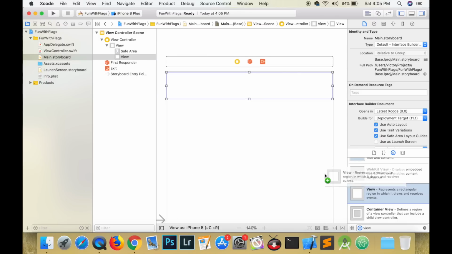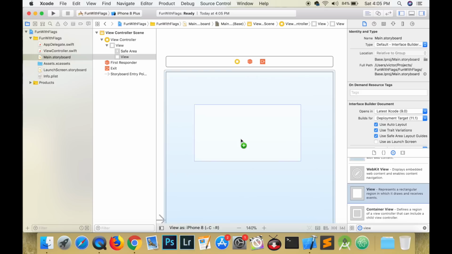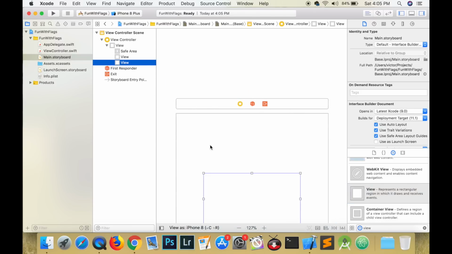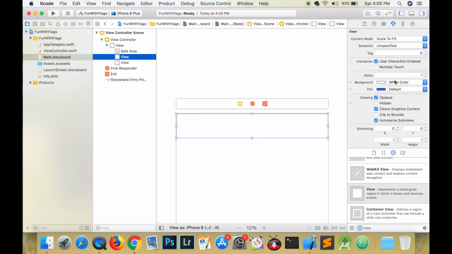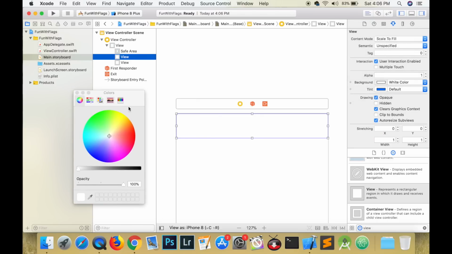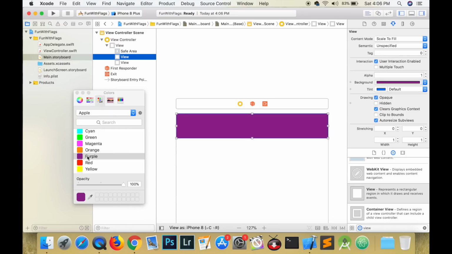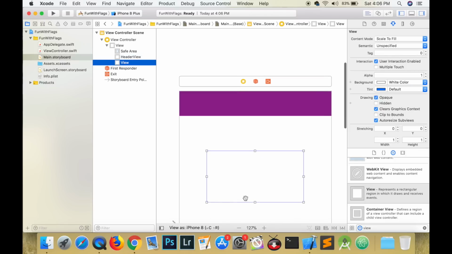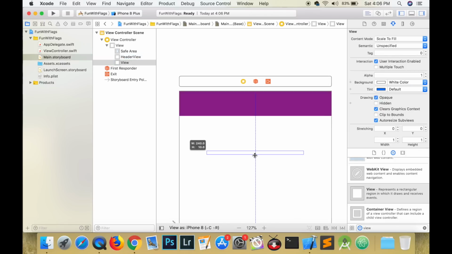So we're just going to drag a view onto the screen and position it in the header region of your canvas. Let's add some color to this header view, and I think purple looks nice. So we can rename the view header view, add our purple color to it, and now let's work on this